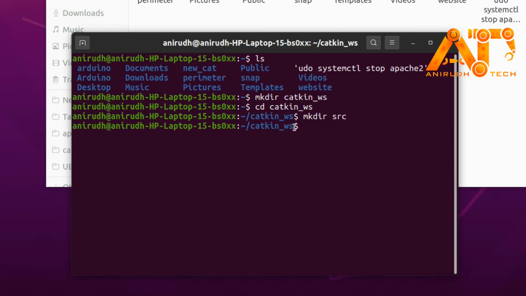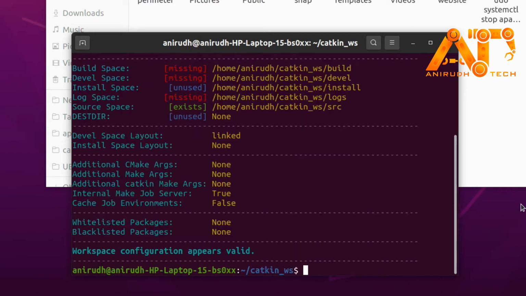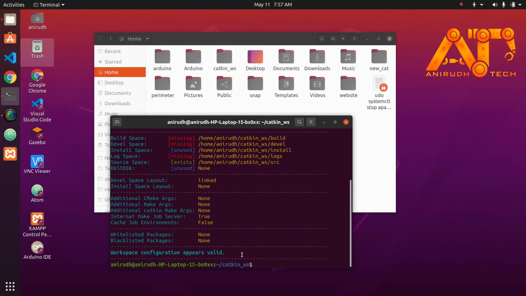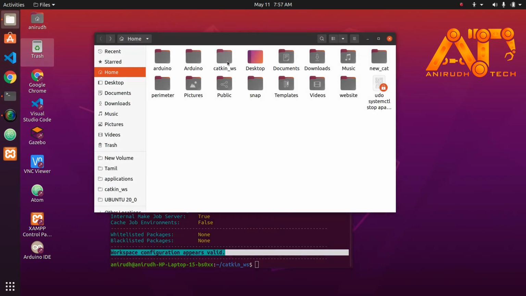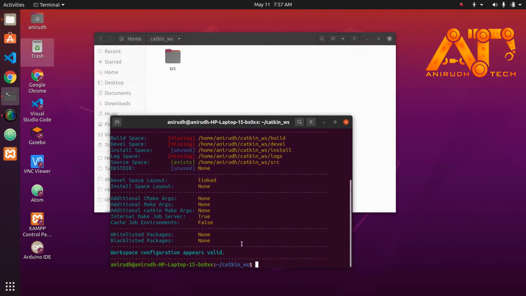Now we want to make this catkin underscore ws folder our workspace. For that, just type catkin space init and click on enter. Yeah, and you can see the workspace configuration appears valid. If you have not created the src folder inside, then you will see some errors here.